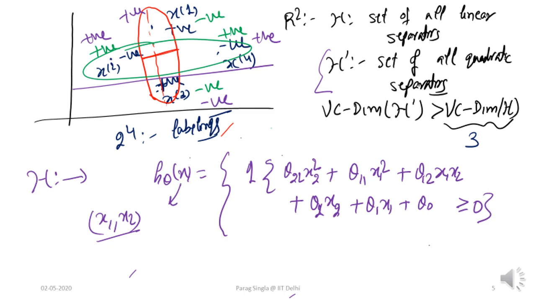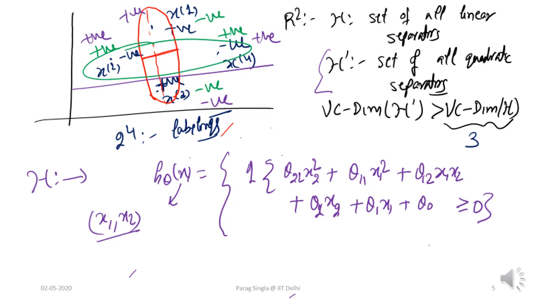In fact, they can also be achieved by a linear classifier. For example, if we label x1, x2, and x4 as positive, then this purple linear classifier itself will be able to achieve that labeling. And we can show in general that all 16 possible labelings of this set of 4 points can be achieved by these quadratic classifiers. Therefore, we have made an argument that the VC dimension of this quadratic classifier in the space is at least 4.